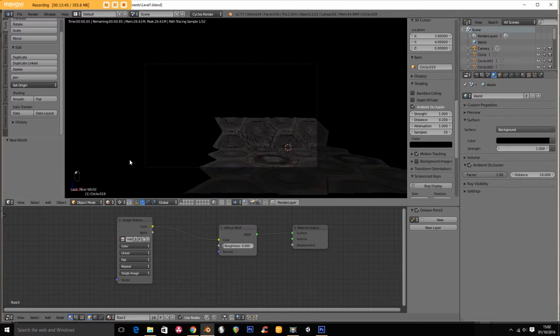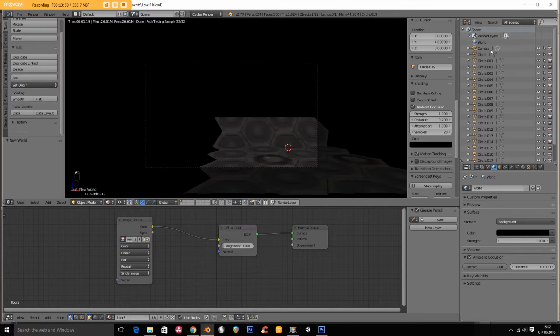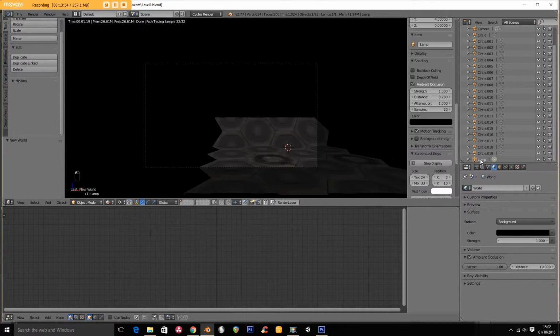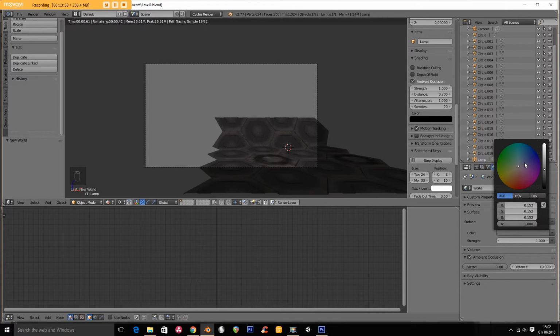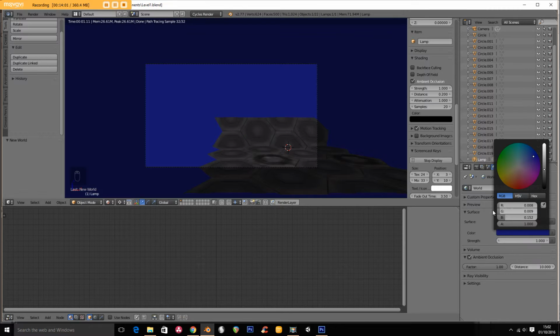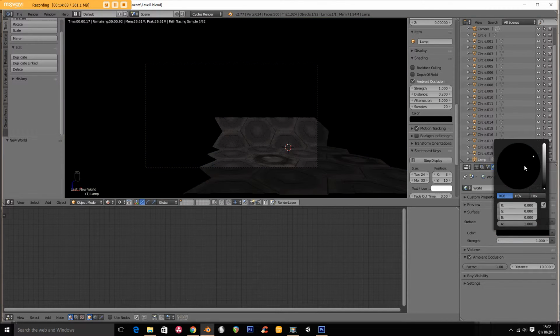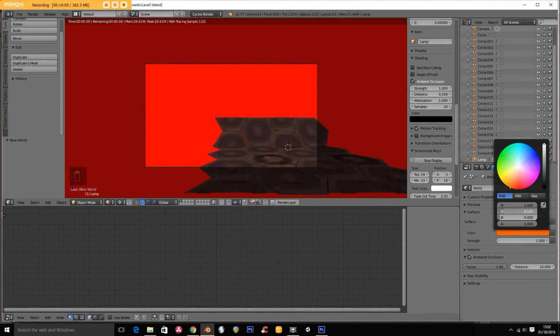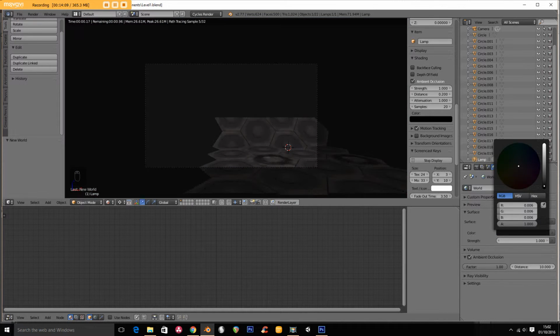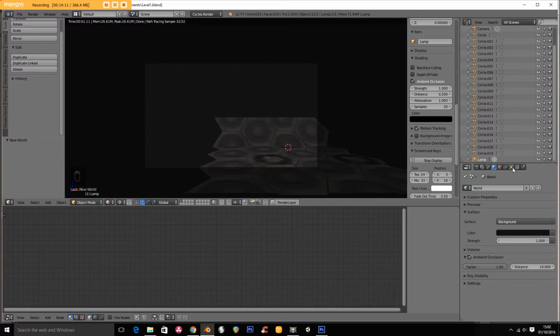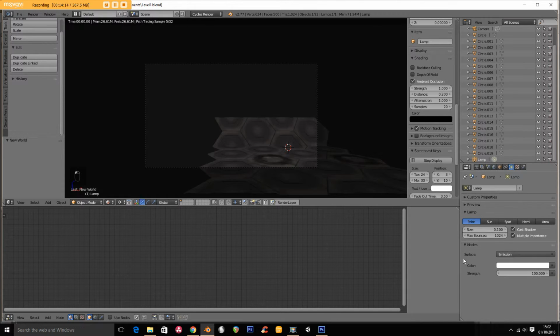Go to render view, and I have a lamp in here. Now we're going to join a lot of these together so it'll become less cluttered in a minute. Here's my lamp. So let's give the lamp a color. Oh no, sorry, that's my world I'm doing. That's not what I want to do. Here we go. Where's my lamp? There's my lamp. Thank you. Use nodes. So I'll give this a bit of a color,